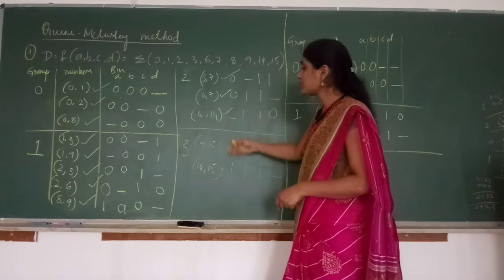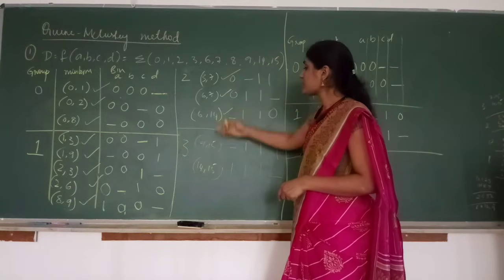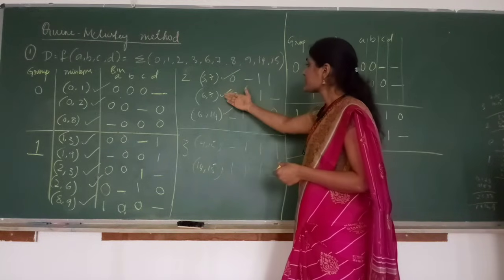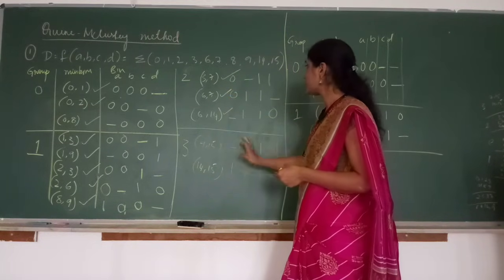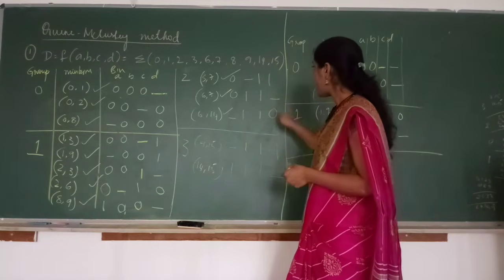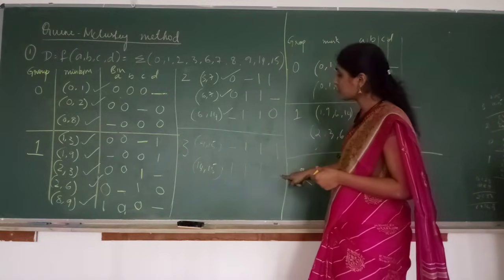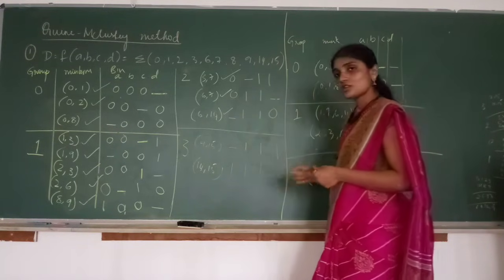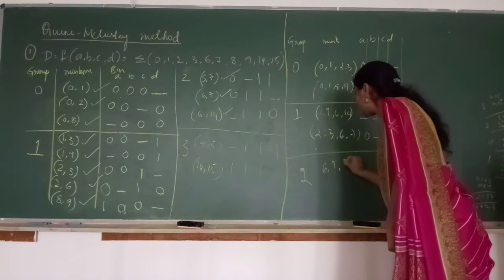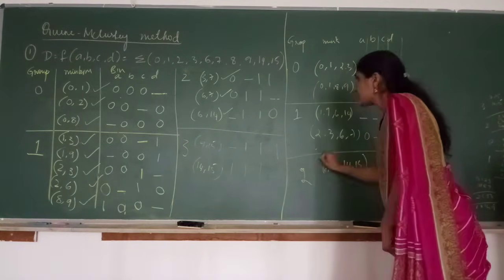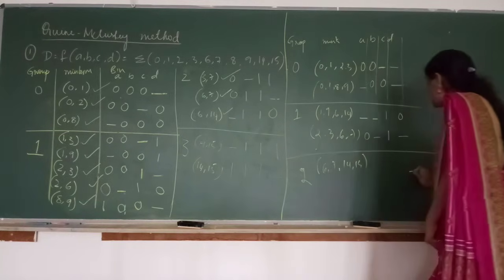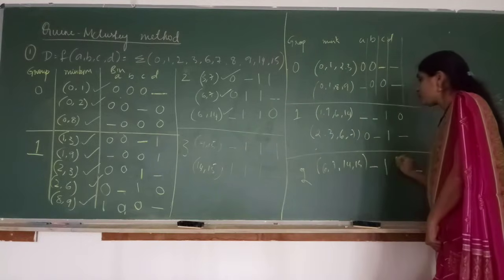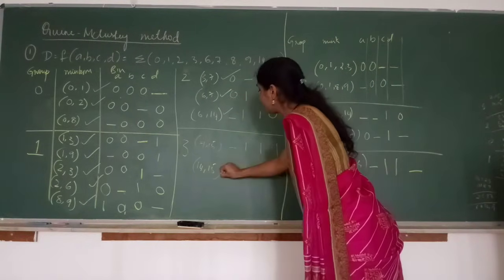Compare group 2 minterms with this. Compare 3, 7 with 7, 15. Can we group? No. 3, 7 with 14, 15? No. 6, 7 with 7, 15? Dash? No. 6, 7 with 14, 15? Dash is at the last place. 6, 7 with 14, 15. Dash is in the same position and there is only one variable difference. So can I group 6, 7 with 14, 15? Yes. Because in both dash is in the last position, and there is only one variable difference, that is A. So dash 1, 1. So tick 6, 7, 14, 15.